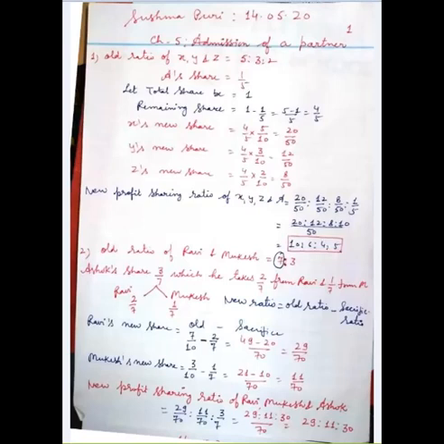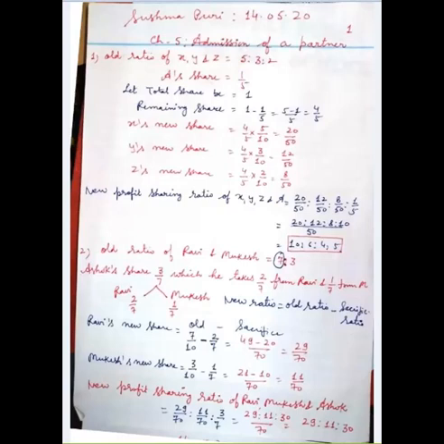The adjustments required on admission of a partner are: number one, change in profit sharing ratio; number two, valuation and adjustment of goodwill; number three, adjustment of profit or loss from revaluation of assets and reassessment of liabilities; number four, adjustment of deferred revenue expenditure; number five, adjustment of reserve, accumulated profit and losses; number six, adjustment of capital on the basis of new profit sharing ratio.